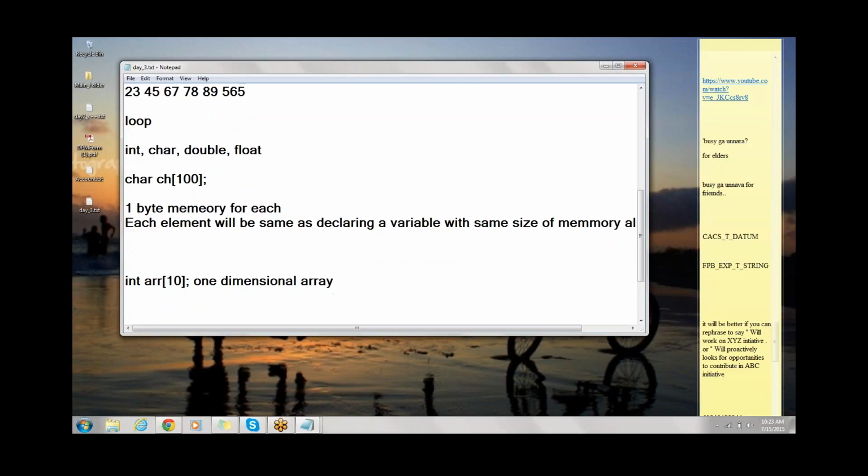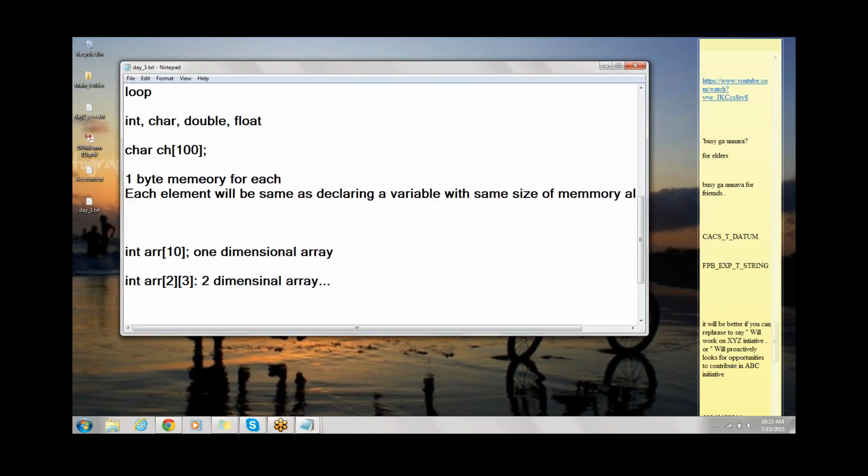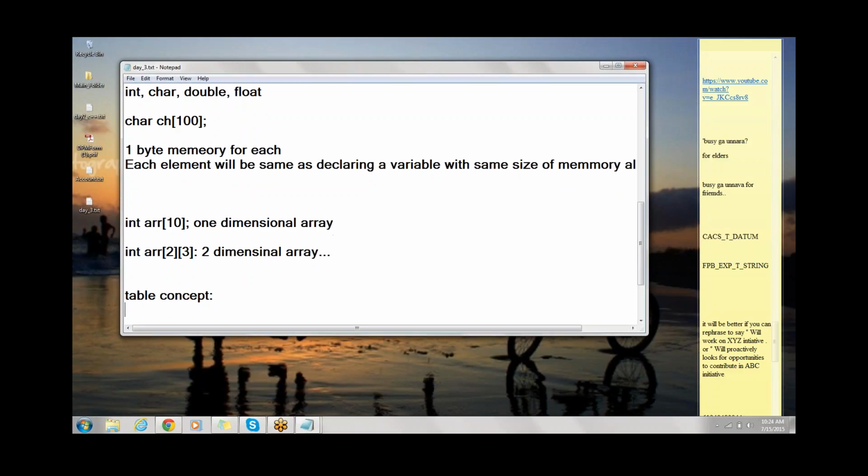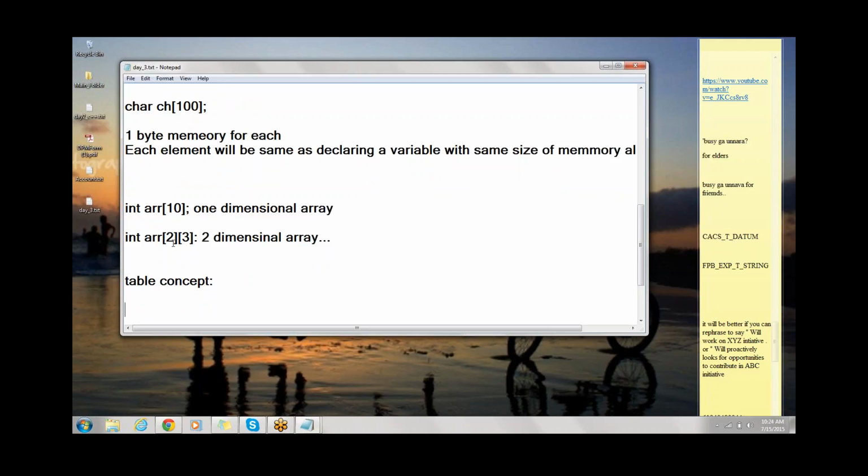Now when we say integer arr[2][3], this is a two-dimensional array. Any idea what the difference between the two is? It will store in one horizontal and one vertical direction, the X and Y direction. You understood the table concept, right? It will store in table format, like a matrix. So when we say 2 and 3,